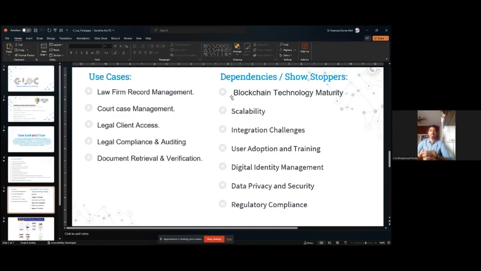Legal compliance and auditing. The use of this is that the system generates comprehensive compliance reports and audit trails using legal professional documents, demonstrating the requirements. And the last one is